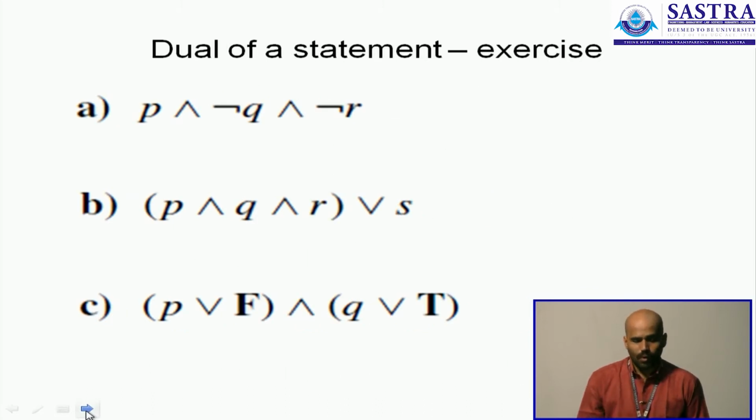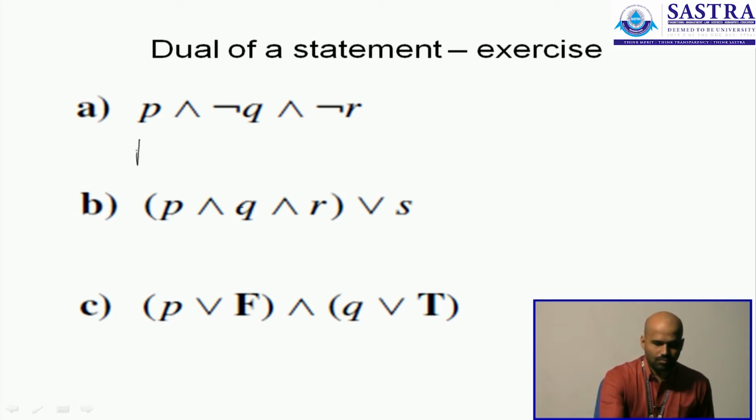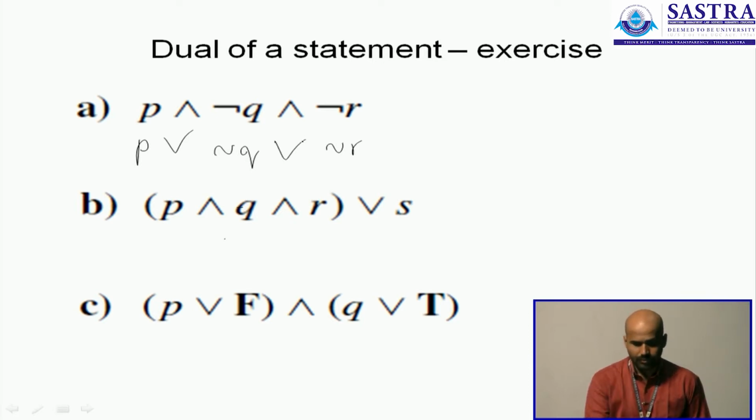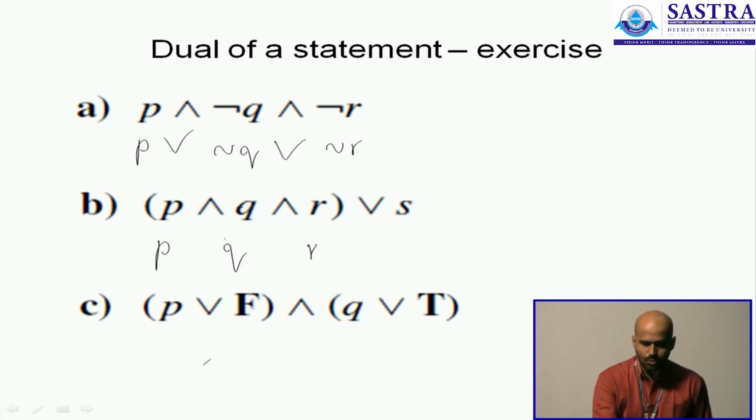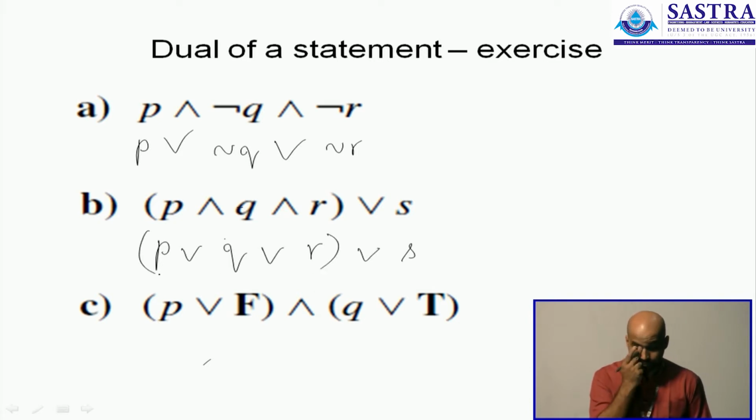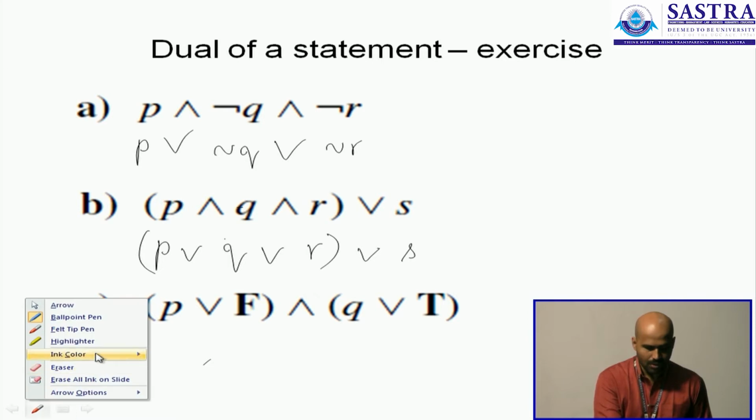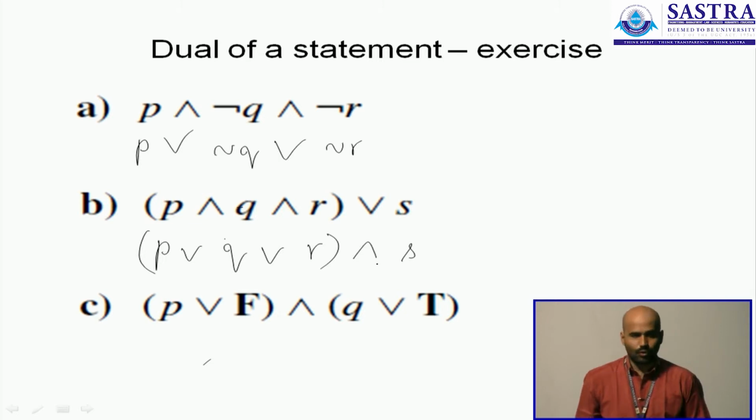Let's give you one more shot at three more statements. Have a look at these three. The first of them is too straightforward. You have P, Q and R. So P, negation Q, negation R, I give them as they are and flip the connective. The next one I have four of them, P, Q, R and S. I don't disturb their individual natures, I flip only the connectives involved. In fact, the last one must be a conjunction. You're right.